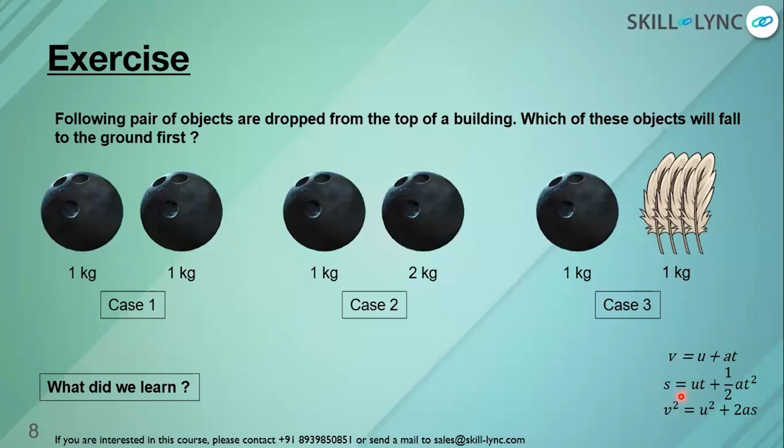That's perfectly okay. Now, if I want to evaluate the time, what you will use is the second equation. So S here will be the height of the building, U initial velocity, T time, A acceleration. There is no initial velocity, hence the first term is not there. S is the height of the building, right? So S equal to half A T square. If I assume S as 5, that means the 2 goes here, so it will be 10 equal to A T square. If I take the value of acceleration as 10, the time essentially happens to be 1 second.